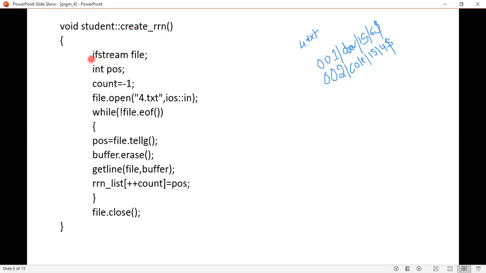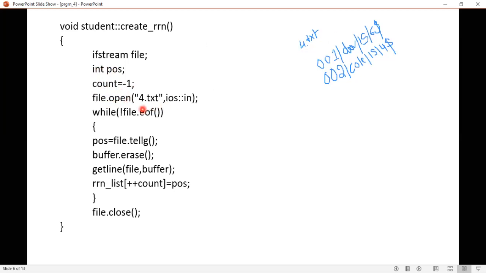Okay, ifstream file, okay, int position, count equal to -1. Initially you are initializing count to -1. Okay, next, file dot open of, that is you are going to open this particular file.